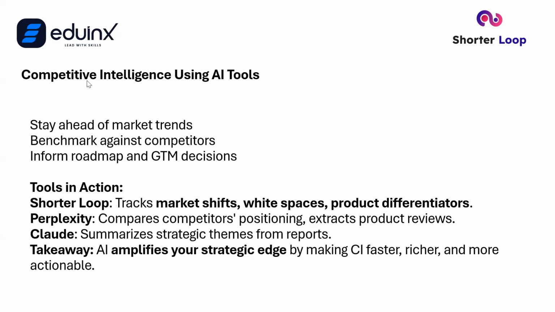So I talked about why you have to do competitive intelligence using AI tools, because they do a much better job than only a human working with a limited set of inputs, limited thinking, reasoning and decision making. And for these three tools, Shorter Loop, we will do the market research and I'll show you. Perplexity, as I said, competitive positioning. The takeaway is definitely that you can use all three tools in random order, then match the results, identify which is the best result you are getting as a PM, and then put your own PPT together and convince your stakeholders.